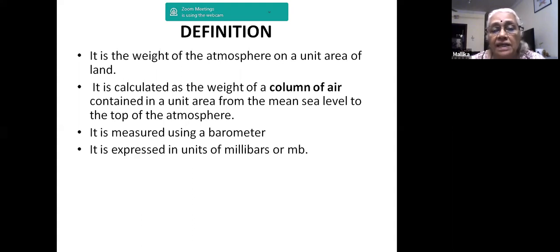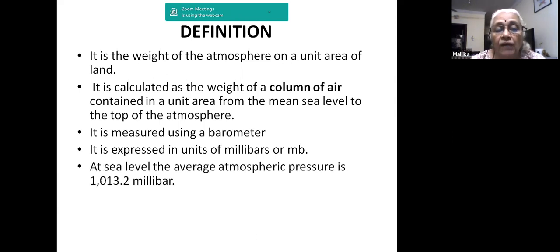Basically, it is expressed in millibars. That is known as 1 bar and a millibar. So units of millibar is how you express it. That 76 centimeters then works out to 1013.2 millibars. So this is one number that you need to remember, because it may come in the examination also, as a statement that you need to identify as true or false, or even the value itself you need to understand, right? So the average atmospheric pressure is